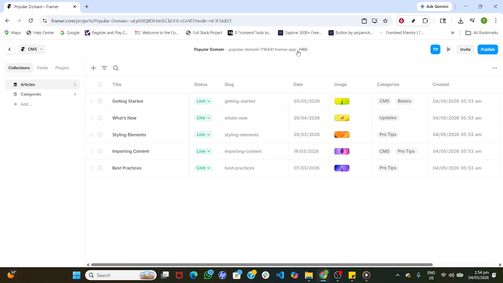That's the full pass. Open your project, navigate CMS, explore collections, review fields and plugins, return to the collections overview,